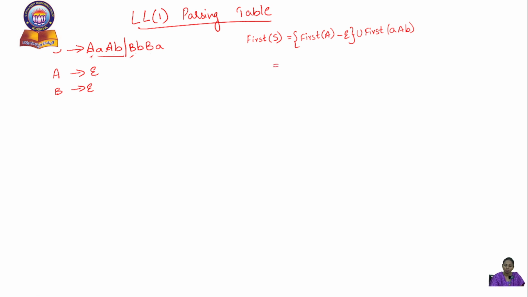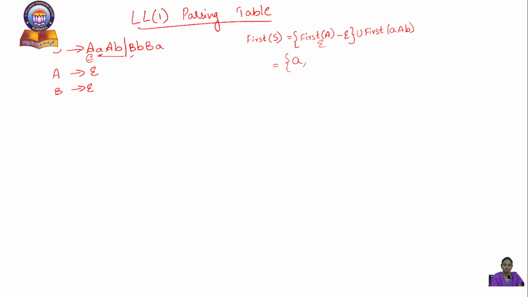So now first of A has the epsilon, so we are removing that epsilon. Now in the place of A, if I replace epsilon here, then what will first of S be? The first of S will be the terminal a. So I'll consider a. So here epsilon is there, so we are minusing the epsilon. So we will take a as the first function,